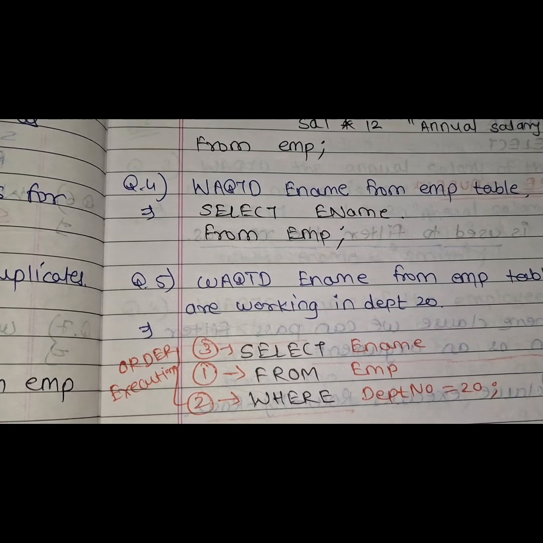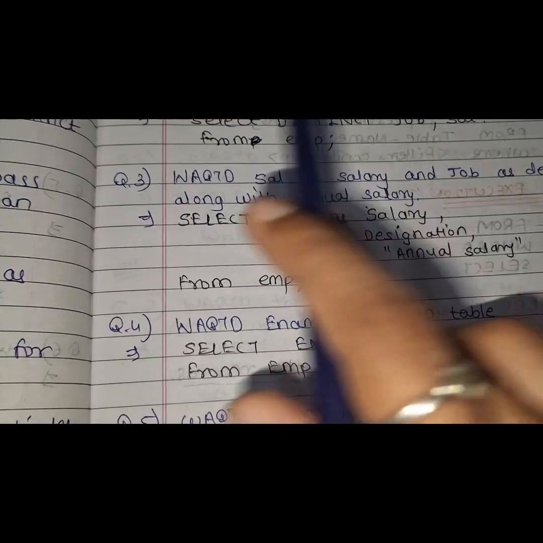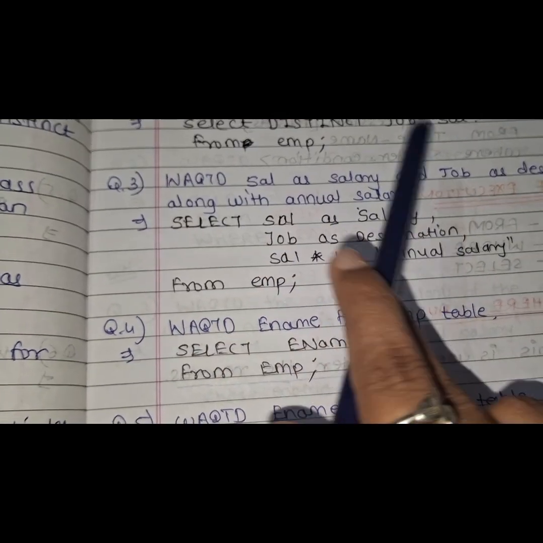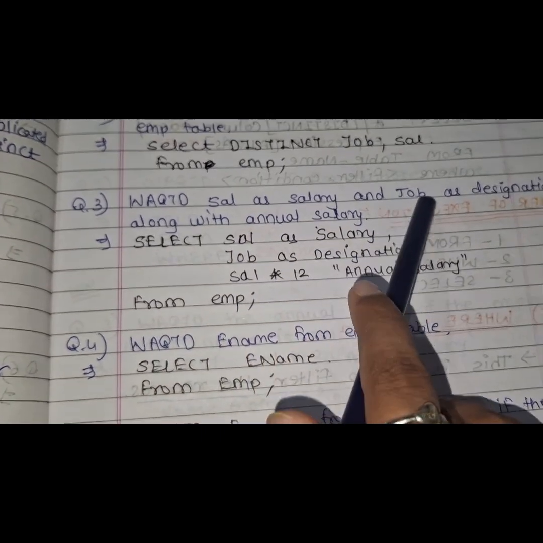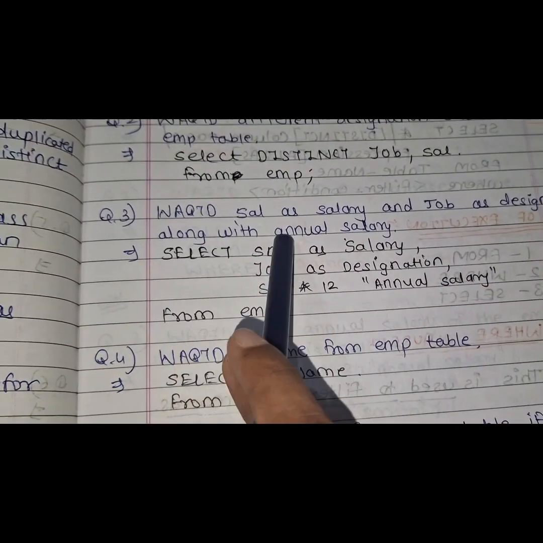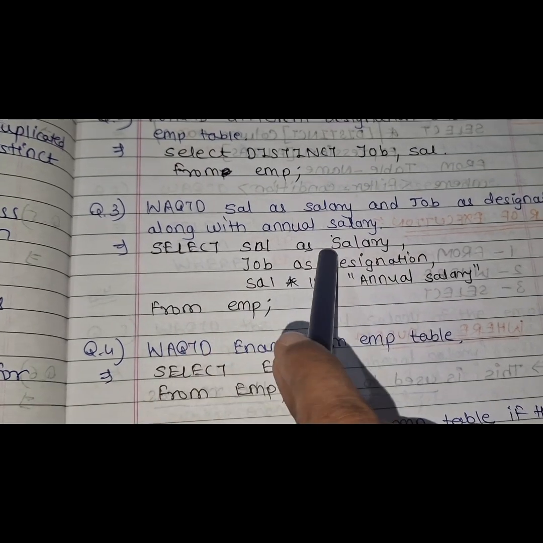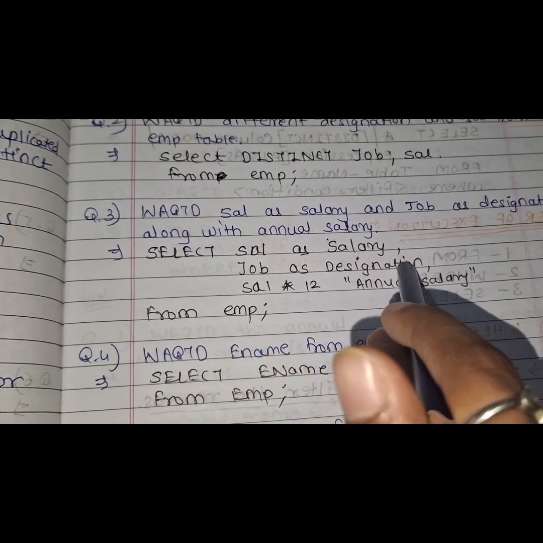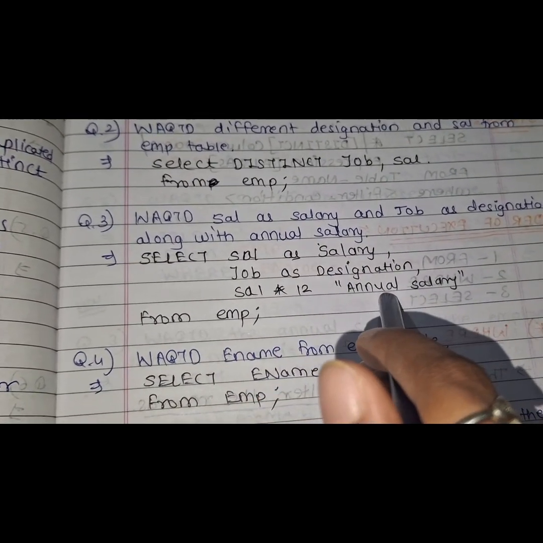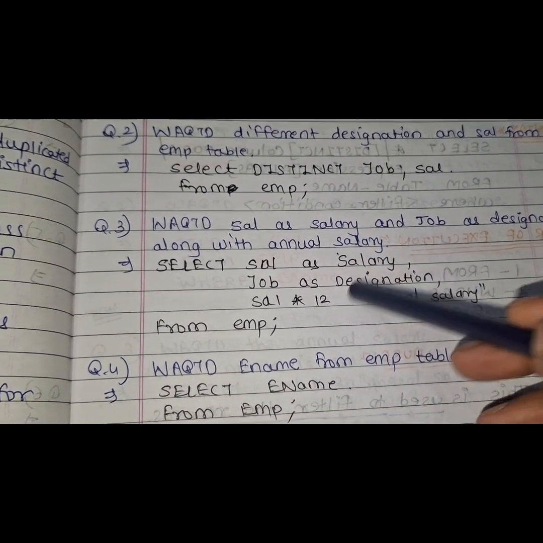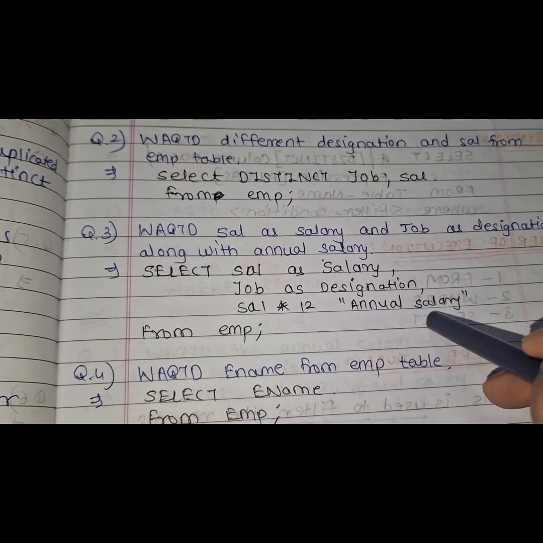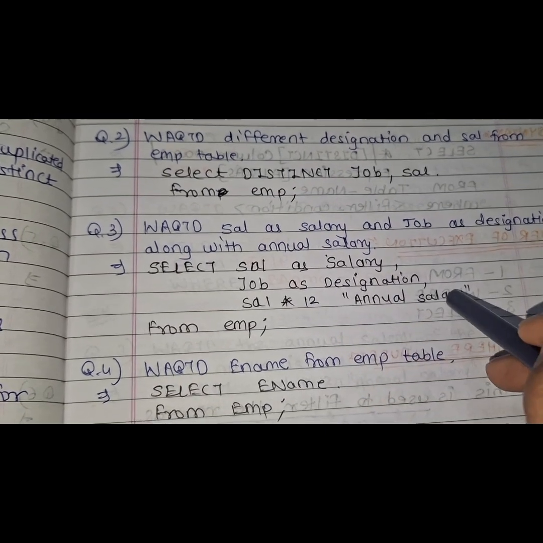Let's understand it in a more complex way. Write a query to display salary as salary, meaning here I have to use an alias name, and job as designation, along with annual salary. Select sal as salary, job as designation, salary into 12 as annual salary from employee. As I have told you, if it is a single word, there is no need for double quotes. If we are using multiple words, then we have to enclose that